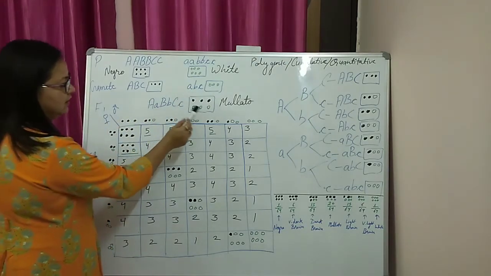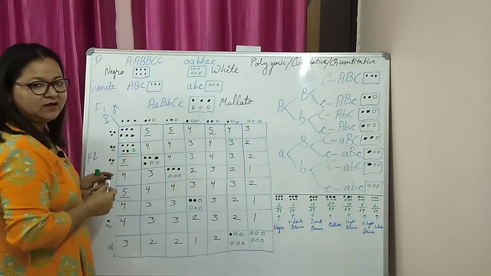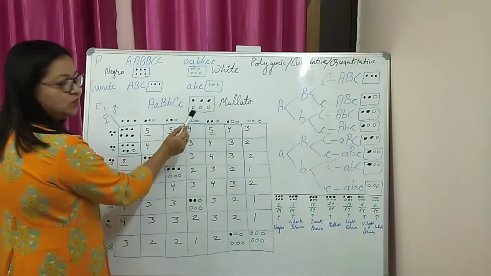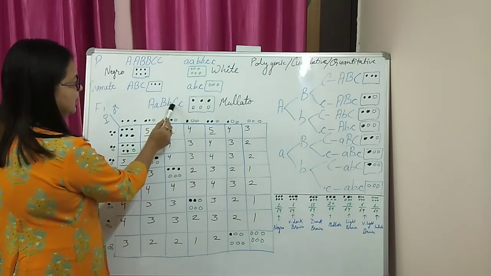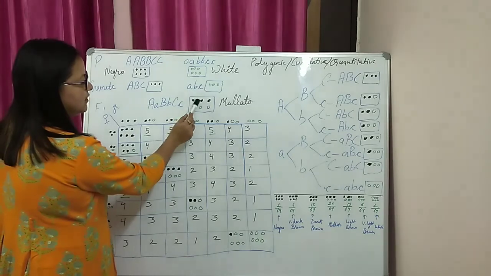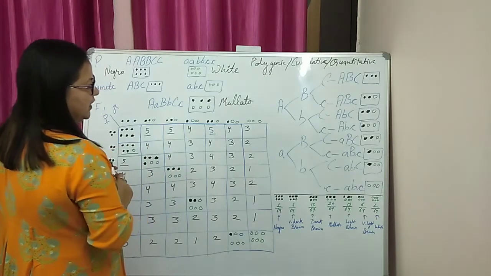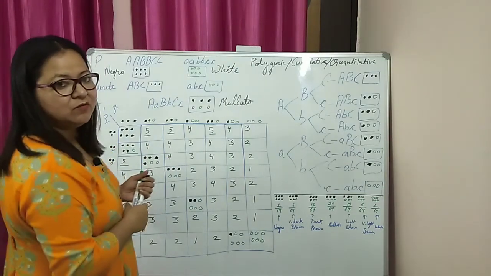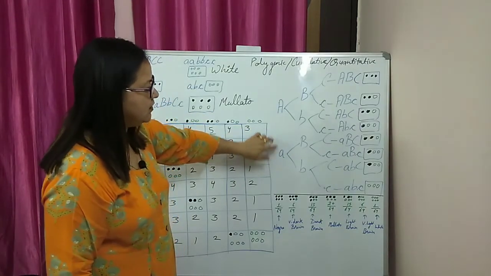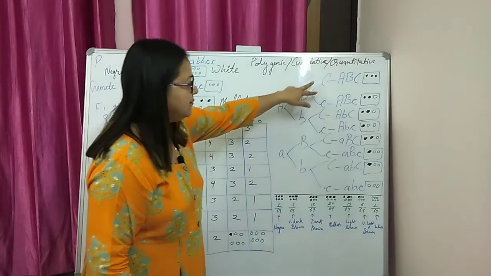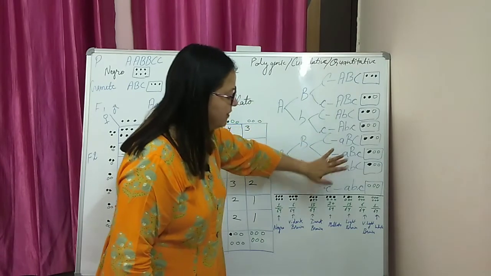In the F1 generation, here are 3 dominant alleles and there are recessive alleles from the white parent. So it is an intermediate color due to the presence of 3 dominant alleles, 1, 2, 3: capital A, capital B, capital C. I just write the number of dominant symbols, 1, 2, 3, dark color, black spot. This color is mulatto. Now I already explained how you have to make the gametes. Again I show you here the fork method. Write capital A, small a, then capital B, small b, then bifurcate capital C, small c. So here are the 8 different probabilities of gametes.